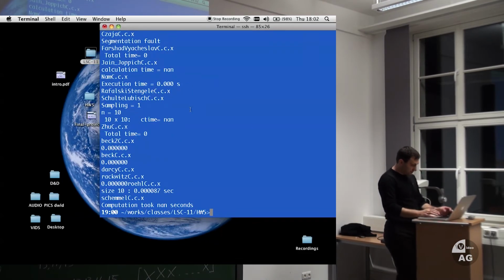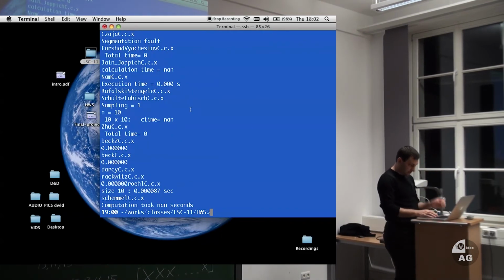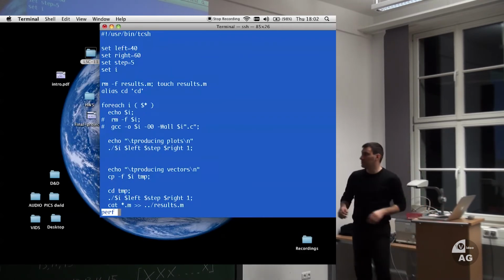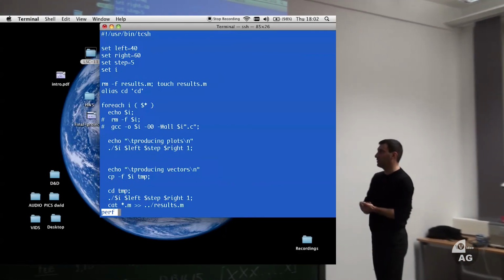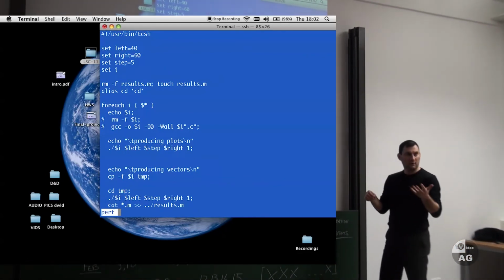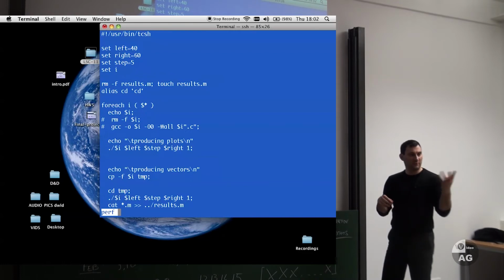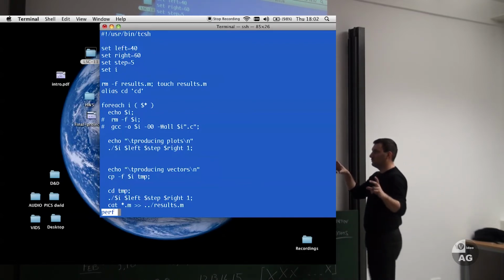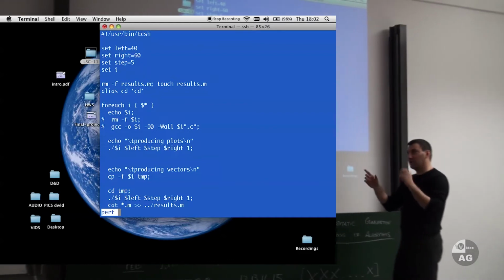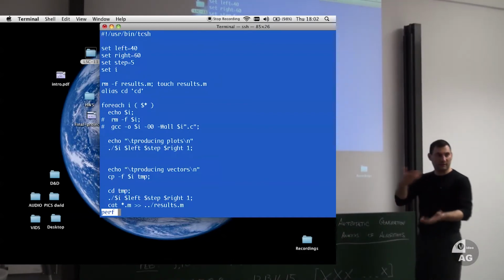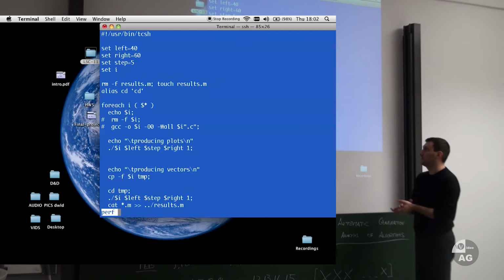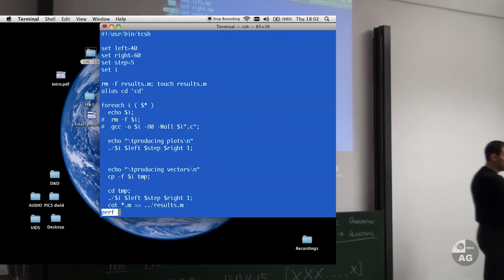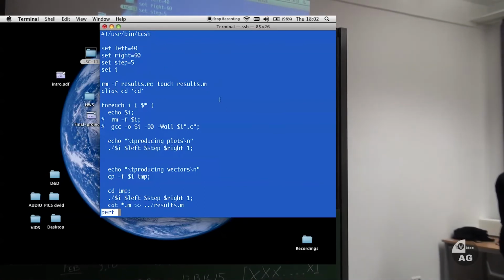But if you remember, there was a second way of timing. I was asking you if I pass 4 arguments, left, step, right, 1, that creates a nice, no, that was a 0. With 1 it creates 2 nice vectors that I can then plot all together in MATLAB. So I was creating my script.